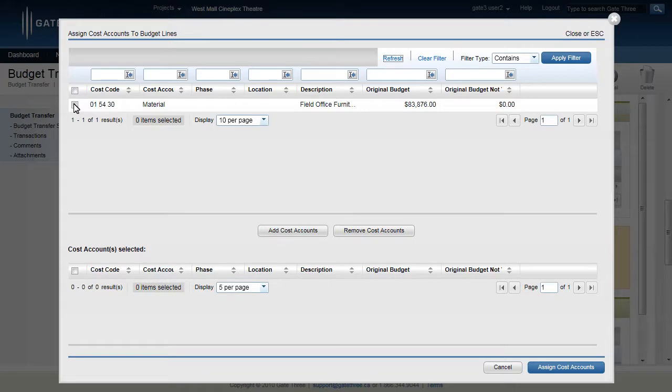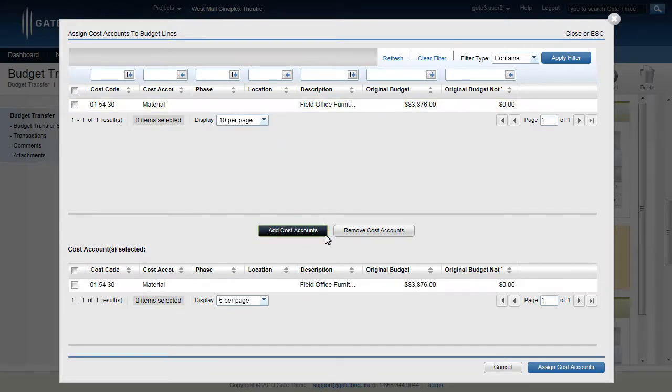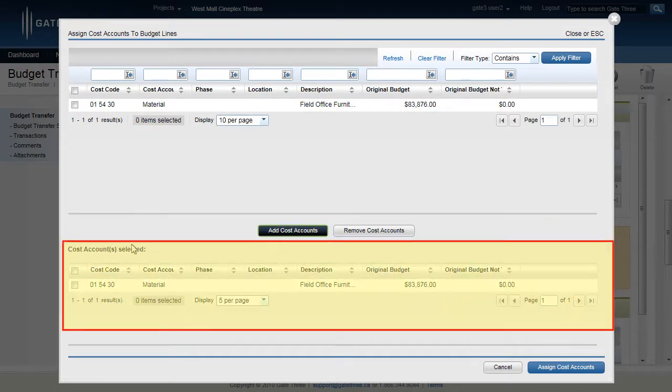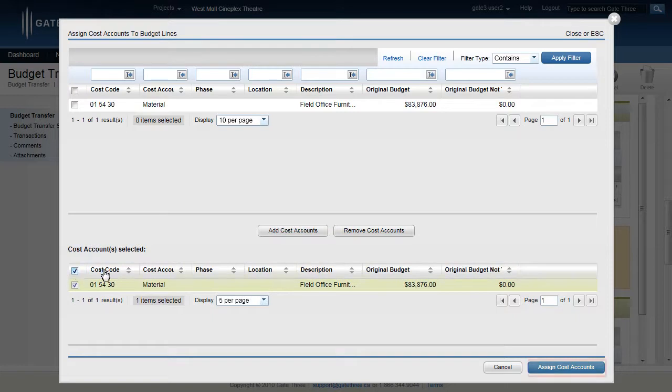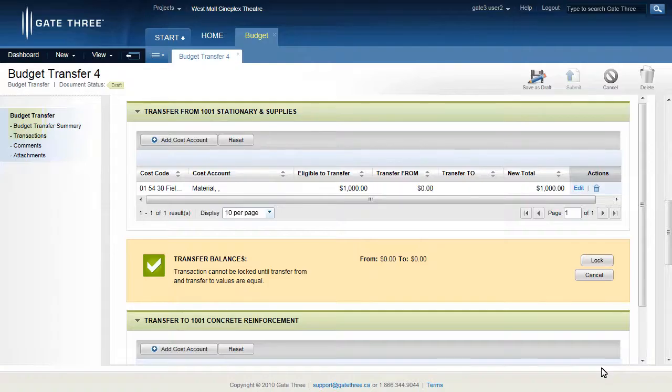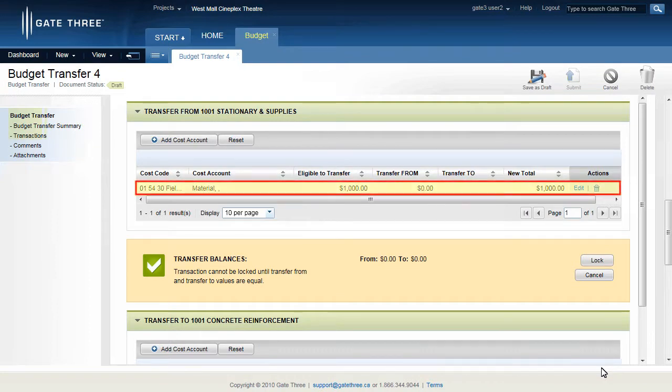Multiple cost accounts may be selected. Click the Add Cost Accounts button. The selected cost accounts will be displayed in the Cost Accounts Selected section. To continue, click the Assign Cost Accounts button. The budget transfer document will reopen, displaying the cost accounts that have been selected under the budget line in the